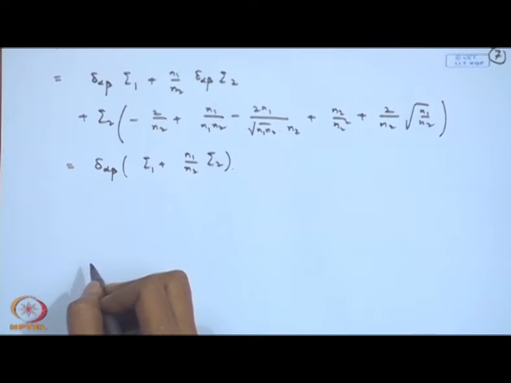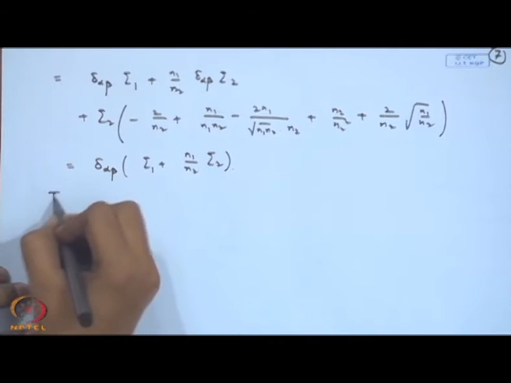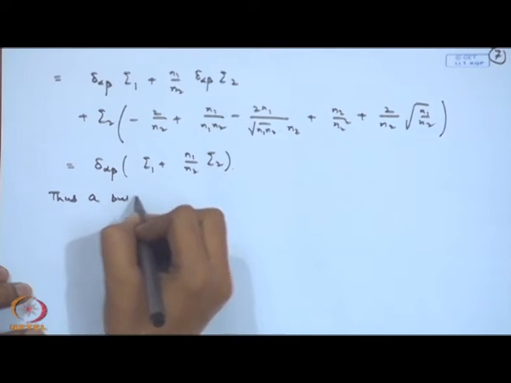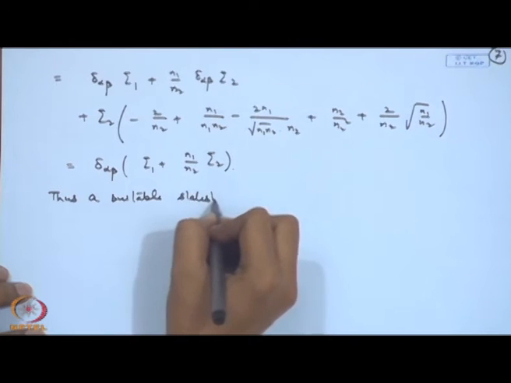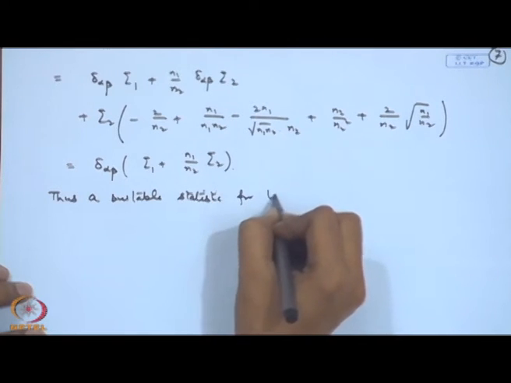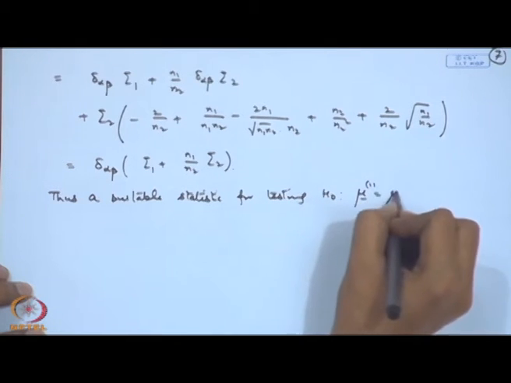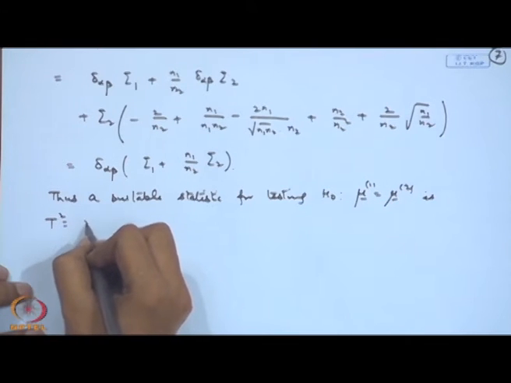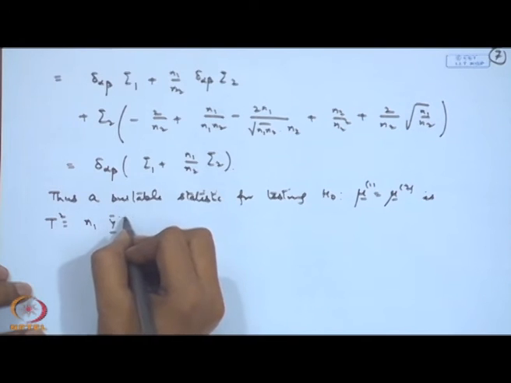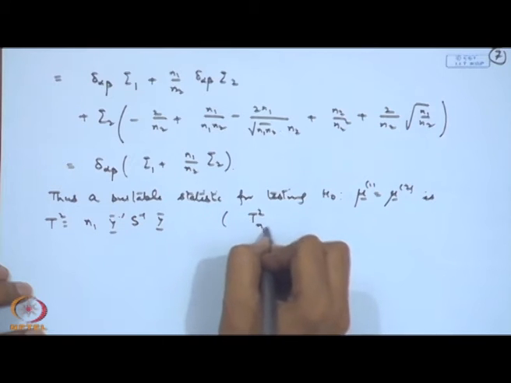So, based on this I can easily define a suitable statistic for testing mu 1 is equal to mu 2. It is based on n 1 y bar prime S inverse y bar. This will have T square on n 1 minus 1,